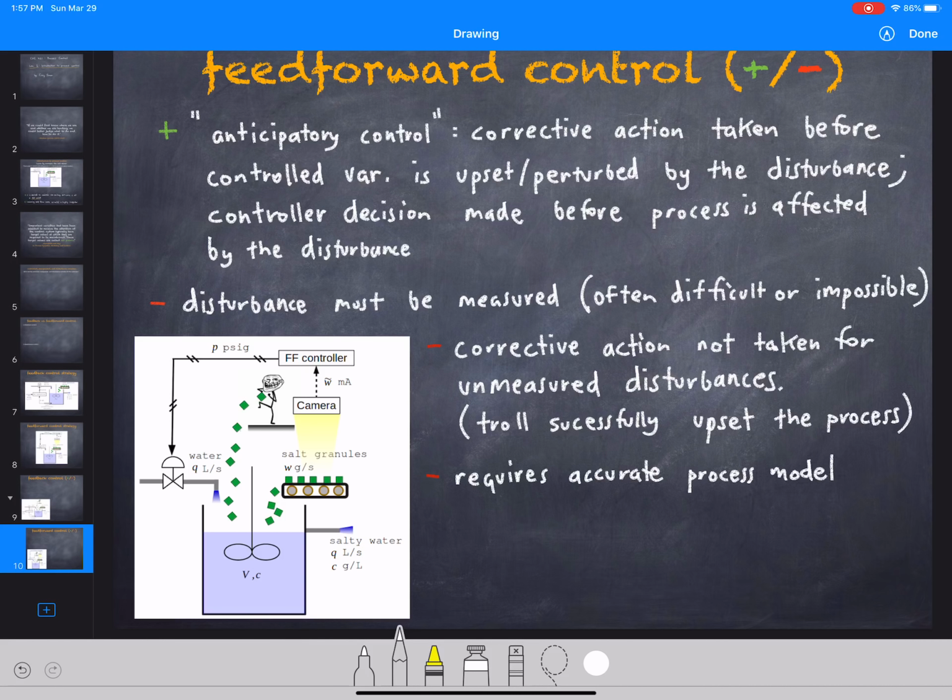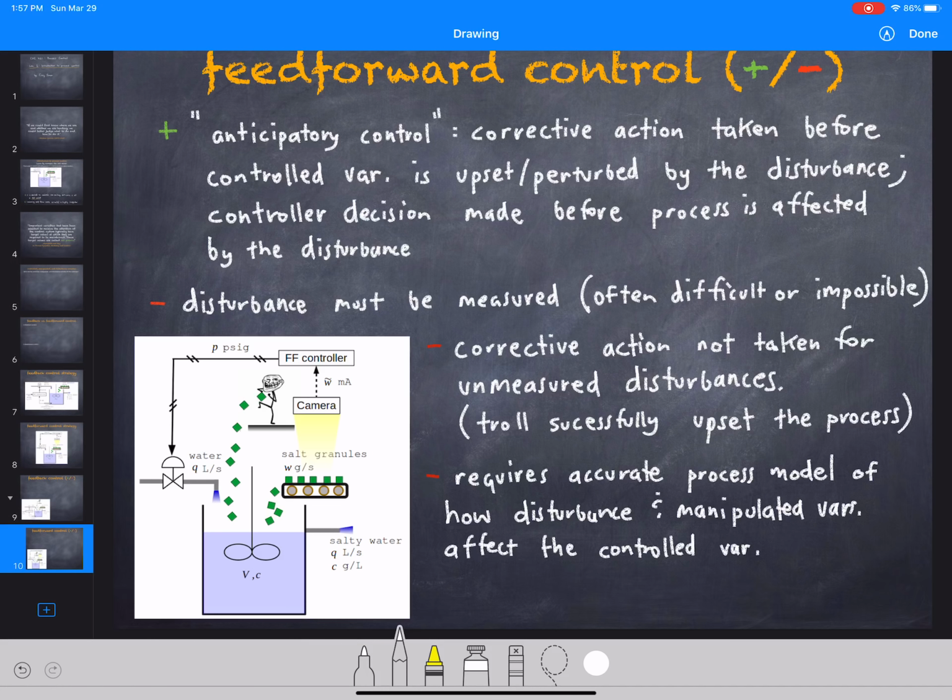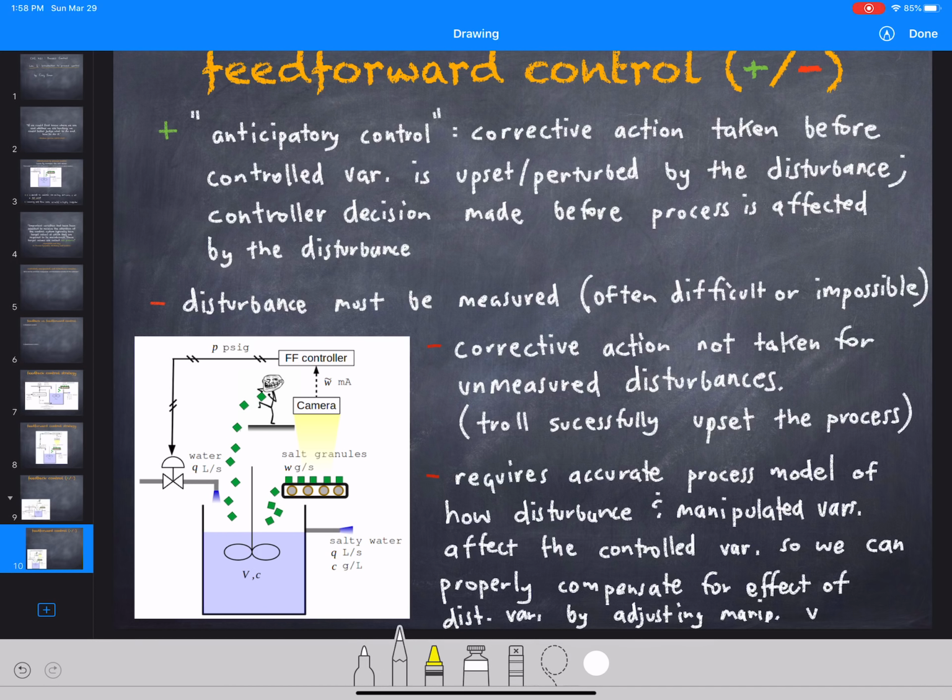By process model, I mean of the dynamics. Process model of how the controlled, the disturbance and manipulated variables, how these affect the controlled variable. So we can properly compensate for the effect of the disturbance by adjusting the manipulated variable. Okay,